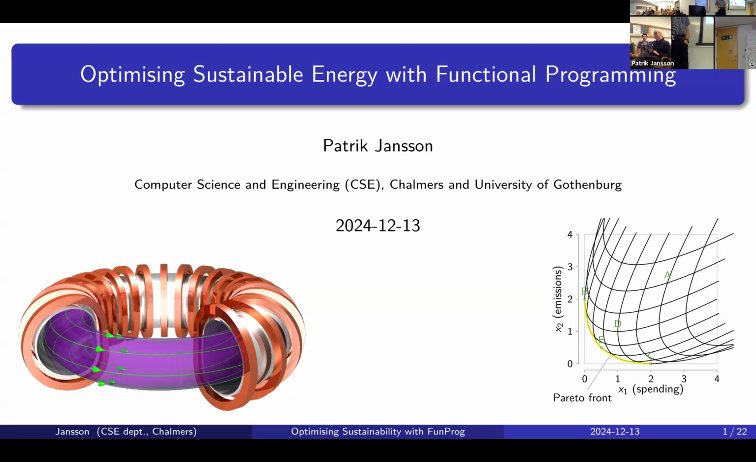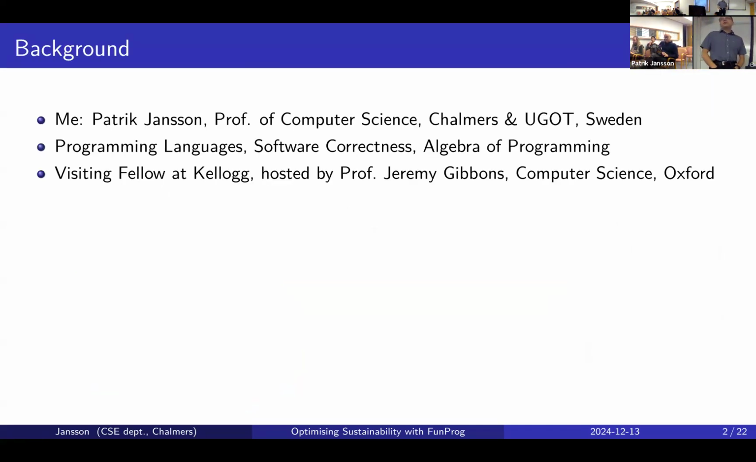Okay. So, optimizing sustainable energy. This is a motivating picture on the left, a schematic of a fusion plasma reactor, a tokamak reactor with lots of coils with currents and so on, and then some magnetic fields and plasma inside. On the right, also as a test case, is the trade-off between some emissions and some spending. You want to get as close to the origin as possible, and I will get back to the details of that later. So, as was said before, my name is Patrik Jansson, professor of computer science, working on,